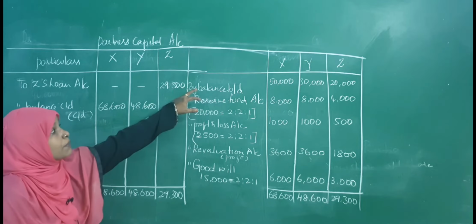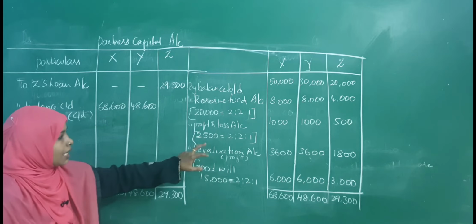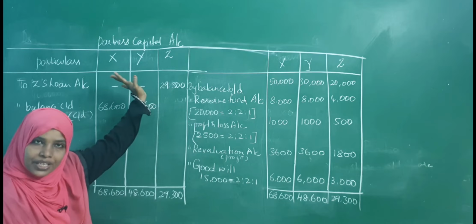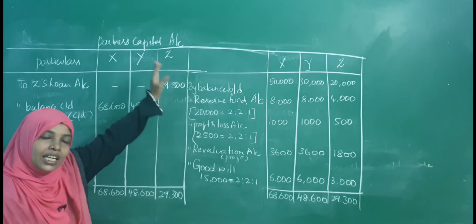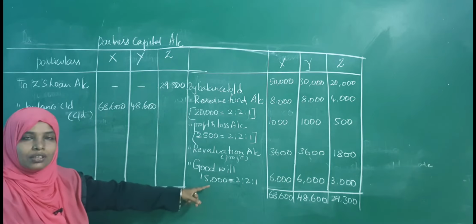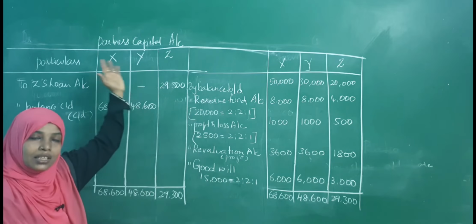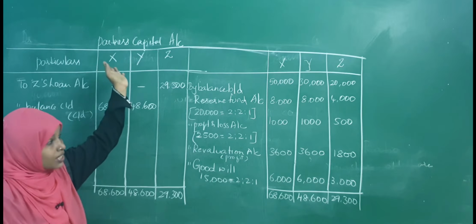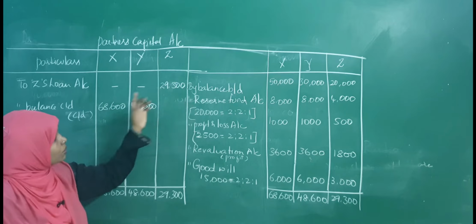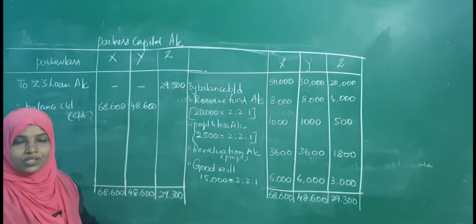Very important. From the balance sheet, first transfer capital, then go for reserve fund, then profit and loss, and revaluation profit when it comes, vice versa. Debit side, if there is a profit, transfer it in the credit side. Credit side, if there is a loss, transfer it in the debit side. Then goodwill. The valuation of goodwill is very important. When it is written off, you will take both sides: first for the retiring partner, then for the other two existing partners. So next sum, we are going to do the sum based on the other method of goodwill. Now these balances you have to transfer to the balance sheet. Now we will go for the balance sheet.